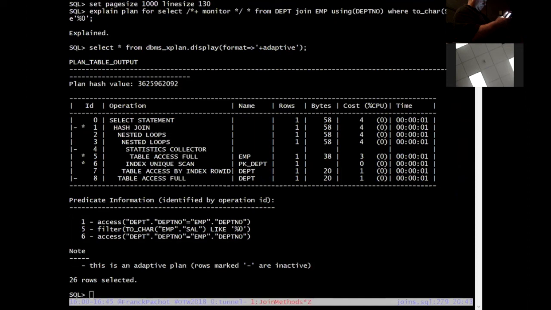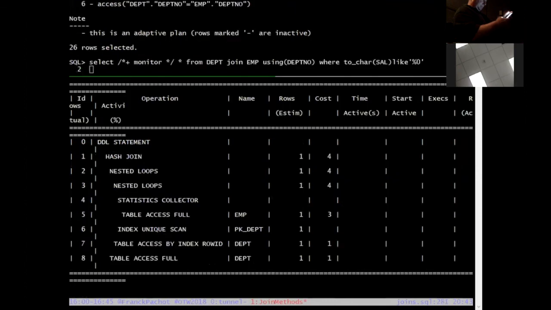So at first, the hash join part is disabled, which means that hash join here is disabled, and the full scan in case of hash join is disabled. What is enabled is nested loop and index access to the second table. So this is explain plan at parse time, optimization time. And now I will run it